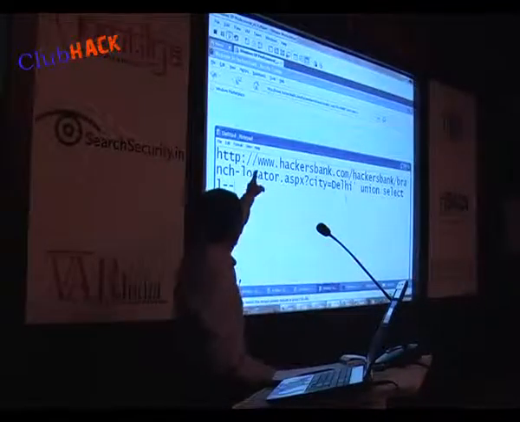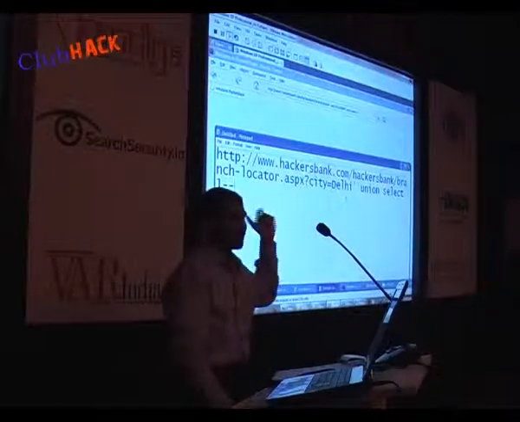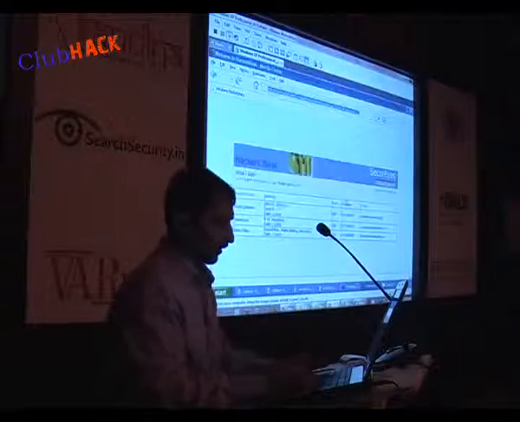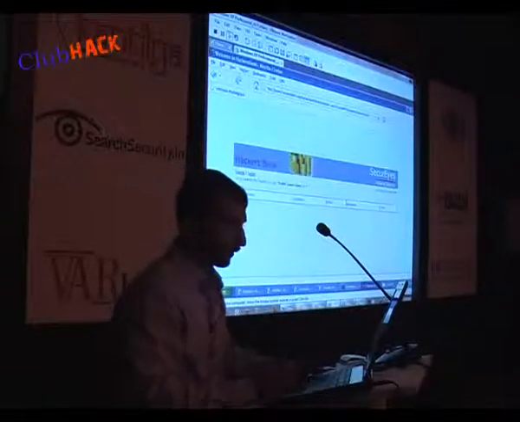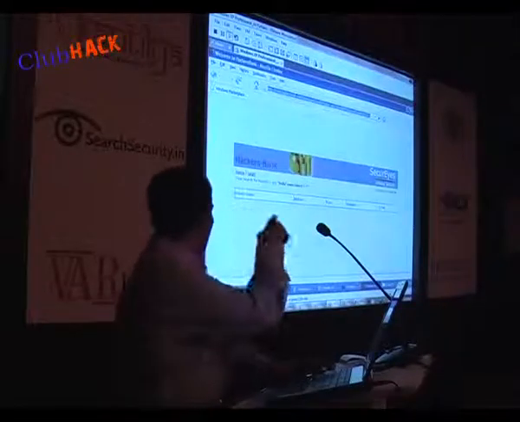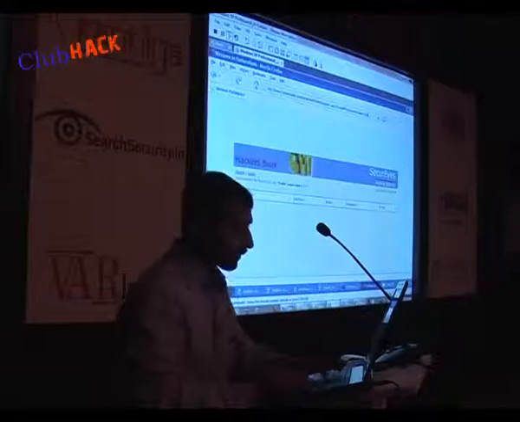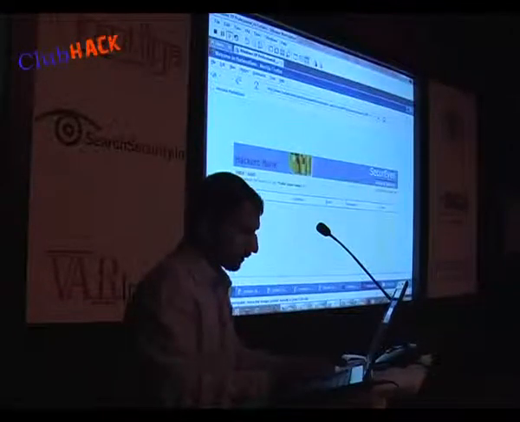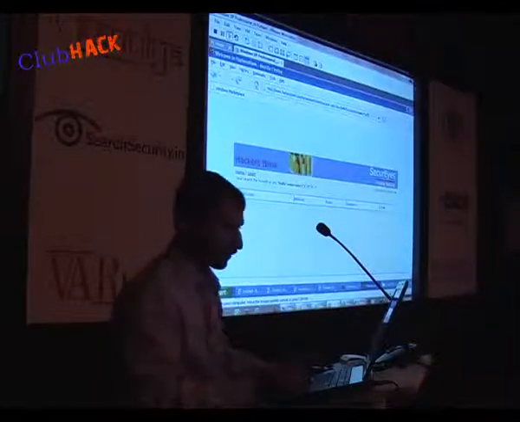If the first query has only one column in the select statement, then it will give us a result, or else not. So we will try that out. It doesn't work as expected because there are branch name, address, state, telephone number, etc. So it has to be more than one. So we will keep increasing the number of constants in our query. Let's say we give 3. Still doesn't give us any output.